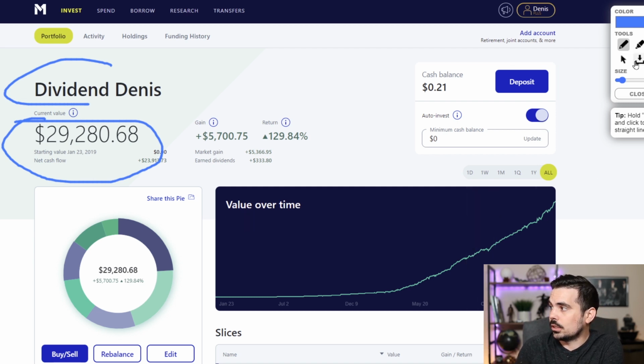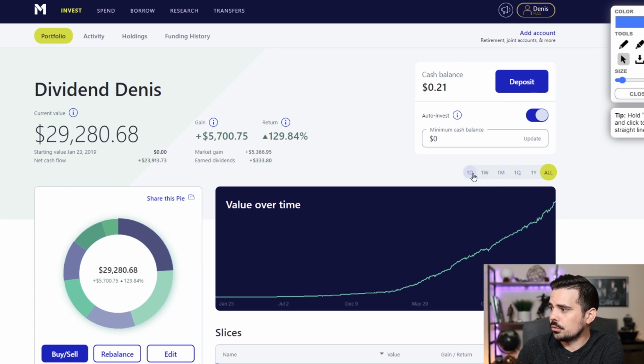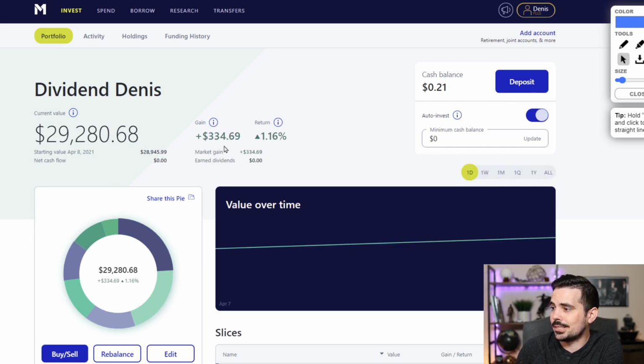So you can take a look at that with the growth because I'm pushing all these buttons. So we can backtrack here. So let's go for the last day. Last day was really good in the portfolio. We gained